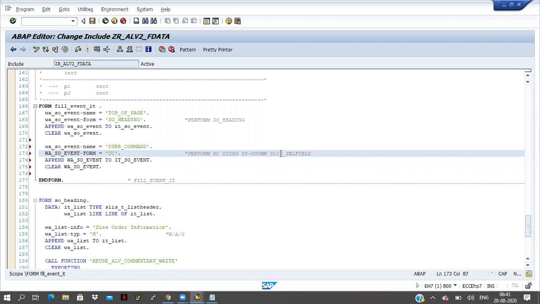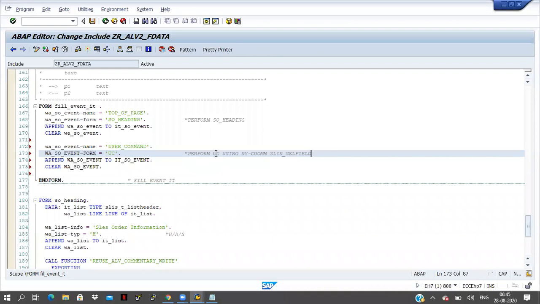In the backend the system will call like this. Whenever the user command event triggers, at that time one form will be there, and that form will handle the event here. So in the backend the perform will be called like this.